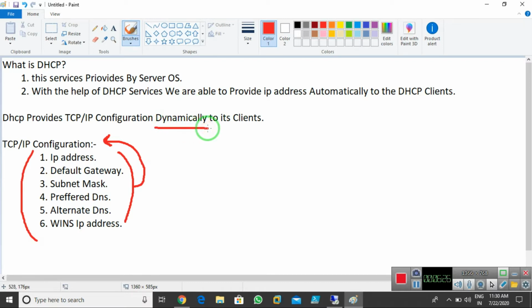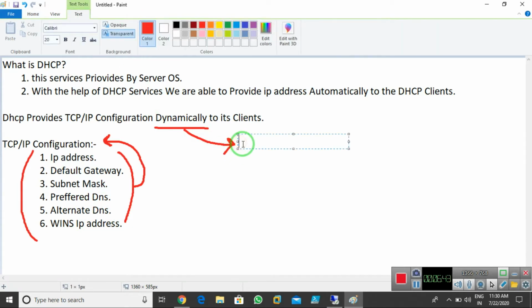Why I'm saying dynamically: when DHCP provides any of these configurations to the client, any system, there is a process running. That process is known as the DORA process, or you can call it the internal process.